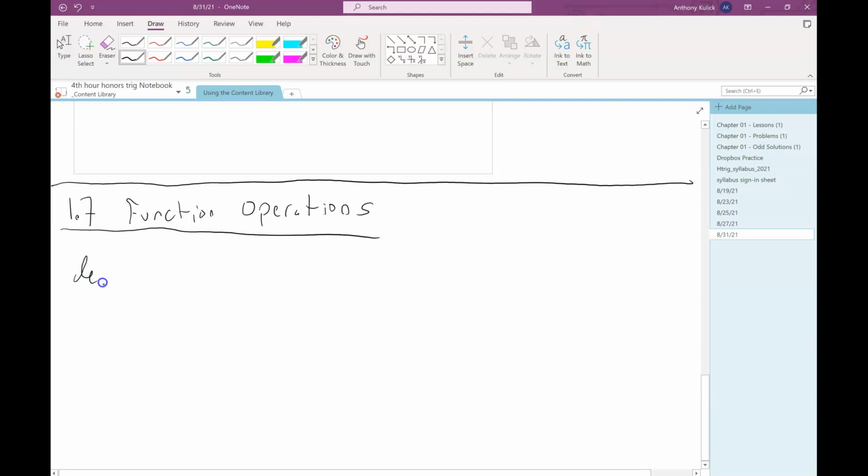We'll start by defining our 4 most fundamental operations on functions. So let f and g be 2 functions with intersecting domains. Then, for all values of x in that intersection,